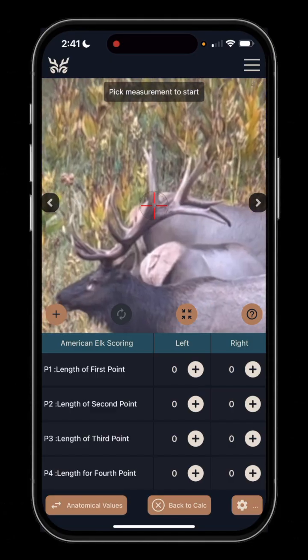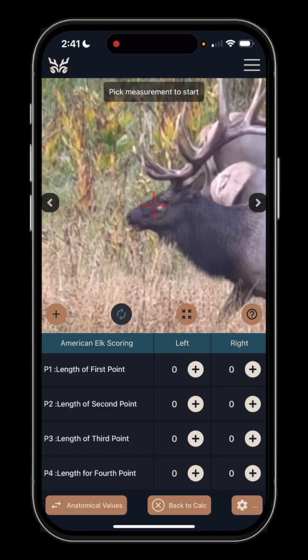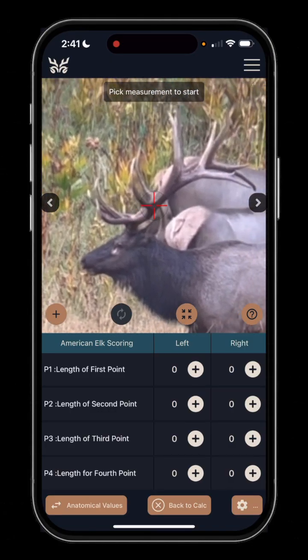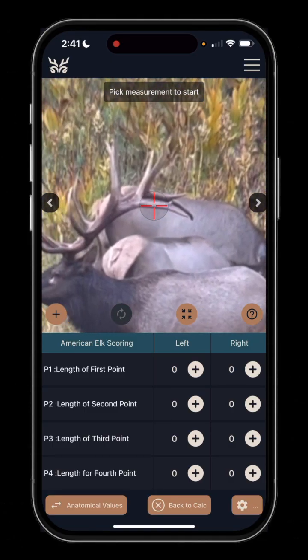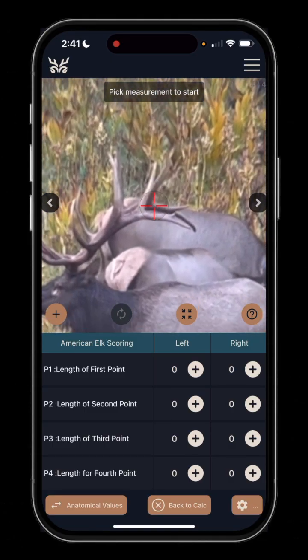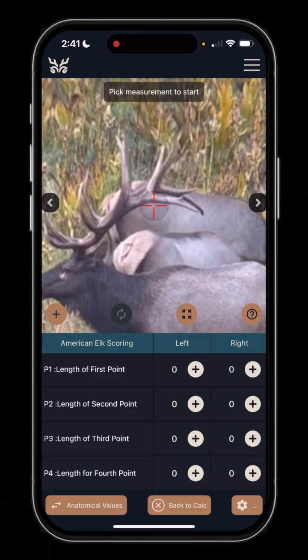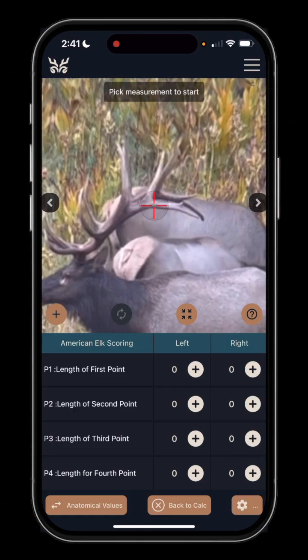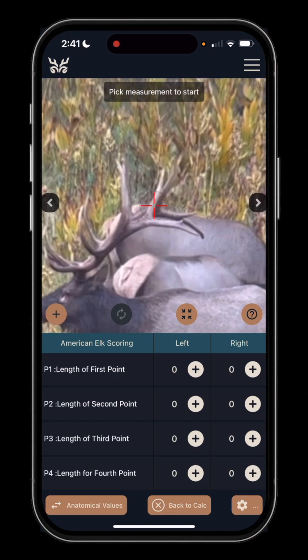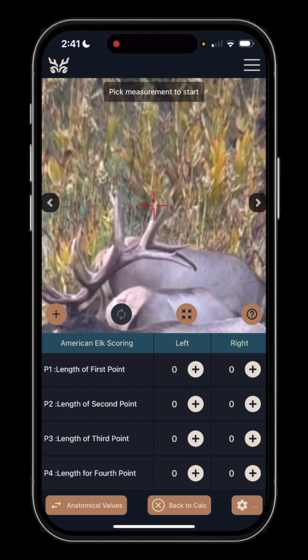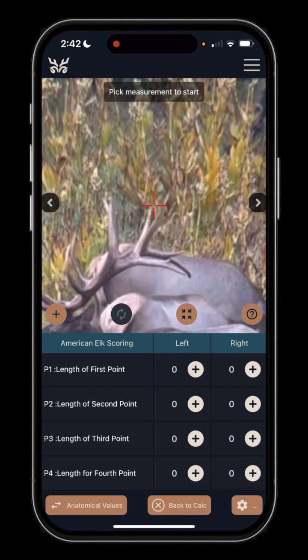This is also a nice length to guess. It's just barely longer than my eye to nose, 12 to 13 inches. My top of back to bottom of belly is about 28 to 30. So when I'm just looking at this fifth using my known anatomicals, like the old school method, my guess is this fifth point is somewhere north of 14 and definitely under 16. That's my guess. So I would start by drawing that measurement first,